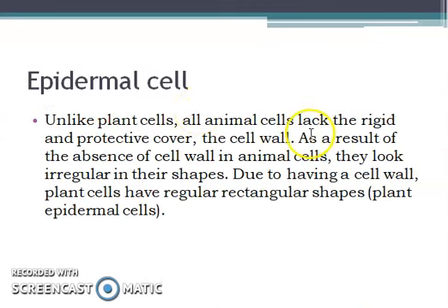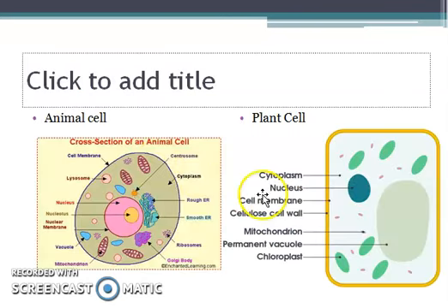Unlike plant cell, all animal cell lack the rigid and protective cover, the cell wall. As a result of the absence of cell wall in animal cells, they look irregular in their shape. Due to having a cell wall, plant cell have a regular rectangular shape. አሁን እዚህ ጋር እንደምናየው ስናይ እንደነበረው the plant cell እና the animal cell እዚህ ጋር አሁን they don't have a cell wall. ለዛ ነው ስትራክቸራቸው እዚህ ጋር ክብ ነው oval ነገር ነው። እዚህ ጋር ግን rectangular ነው አይደለ? It's because of the cell wall. The cell wall rigid የሆነ structure ነው። እዚህ ጋር ግን cell wall ስለሌላቸው rigid የሆነ structure የላቸውም ማለት ነው።